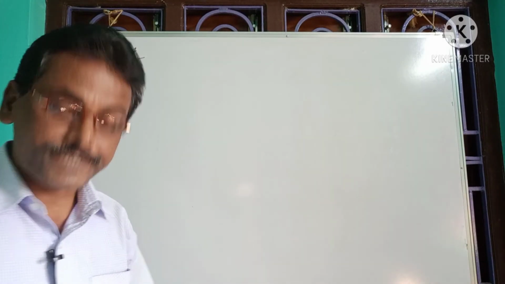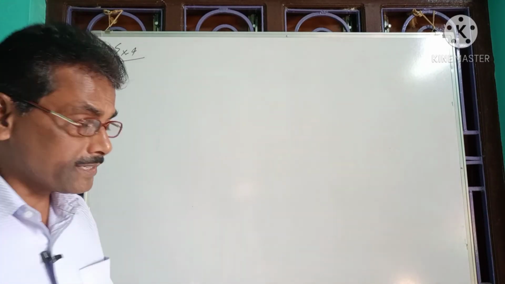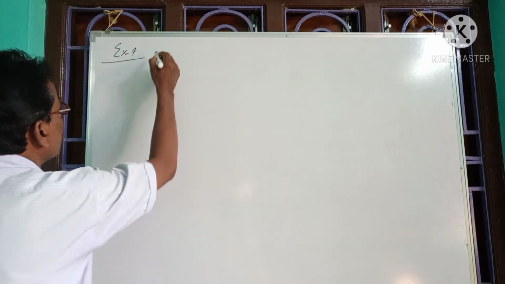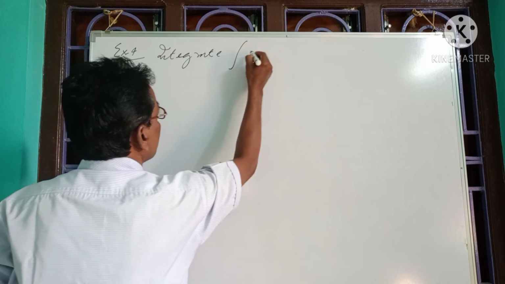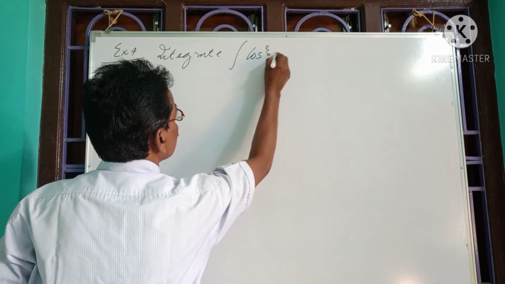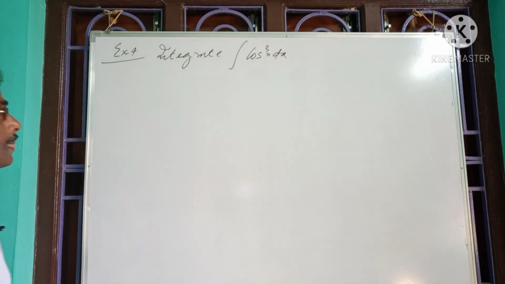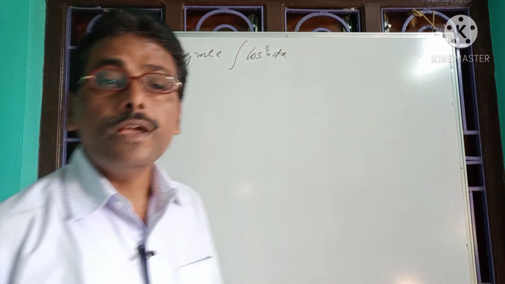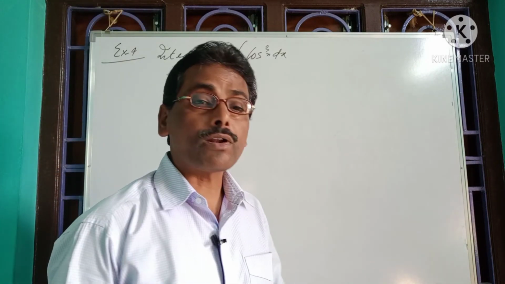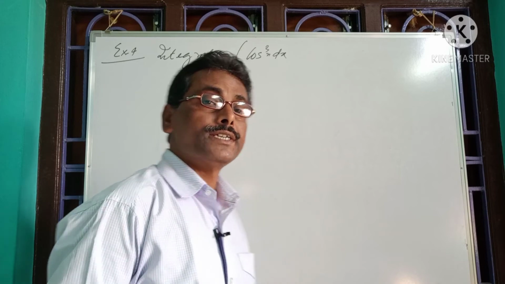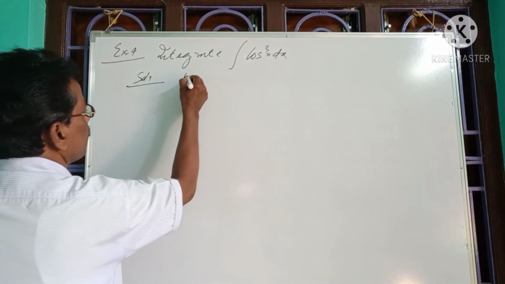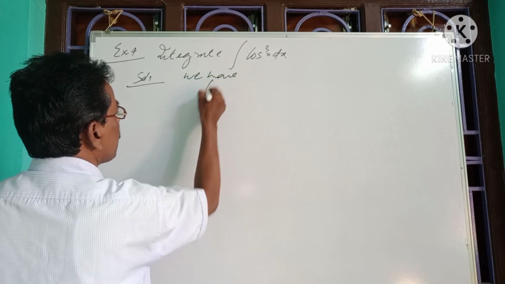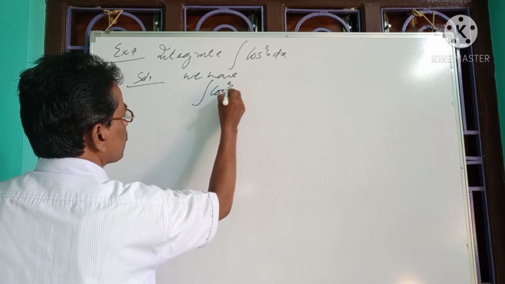Now let us try to integrate the fourth function, that is, integrate cos cubed x with respect to x. So cos cubed x is also a function which is a higher power of the cosine function. So in order to integrate it, let us consider the solution, that is, we have the integration of cos cubed x